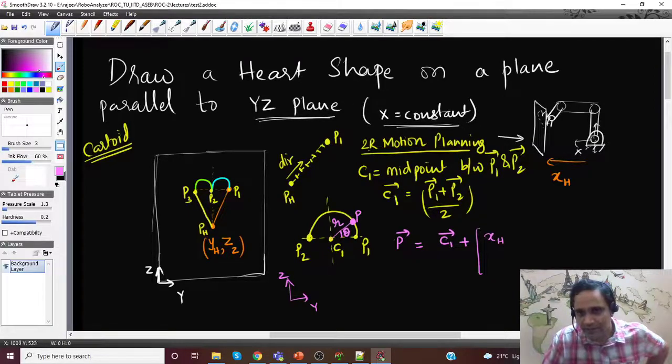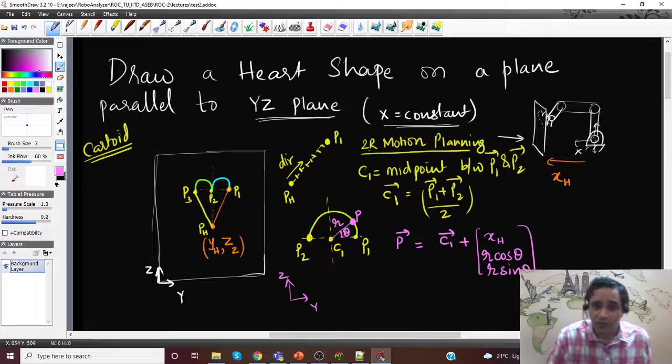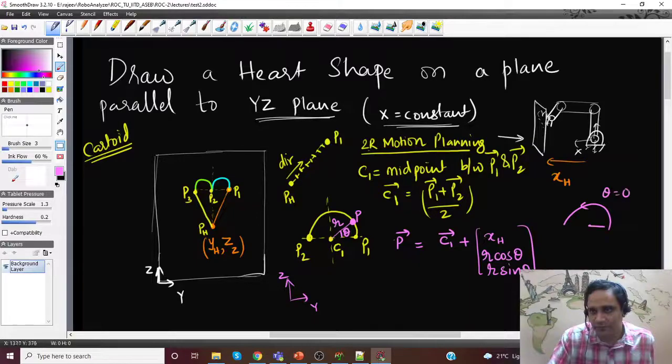My Y component will have R cos theta, and the Z component will be R sin theta for a given theta value. Depending on how you want to go, if you want to go from here till here, I'll have to change my theta from 0 to 180 degrees, or 0 to pi radians. If I want my semicircle to come the other way, I'll have to decrement, so it will become pi to 0, negative increments, which is decrement.